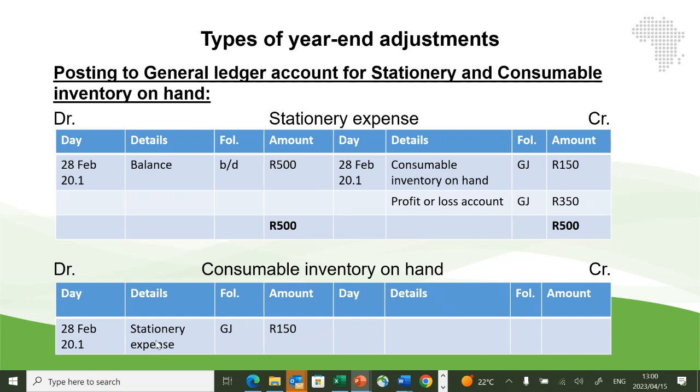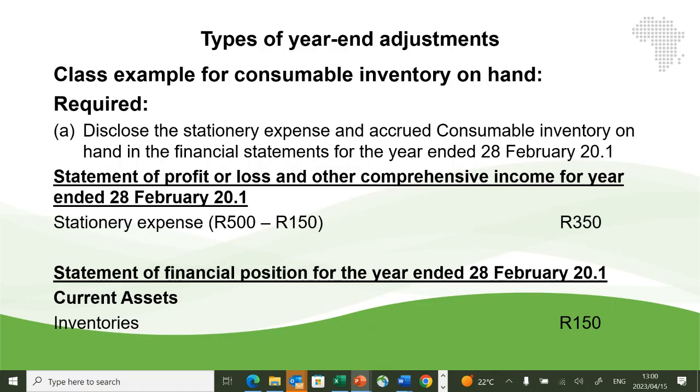It was when we debited inventory on hand, we credited what? The stationery expense. That's why we are putting it here. Then you were required to disclose the stationery expense and consumable inventory on hand in the financial statement for the year ended